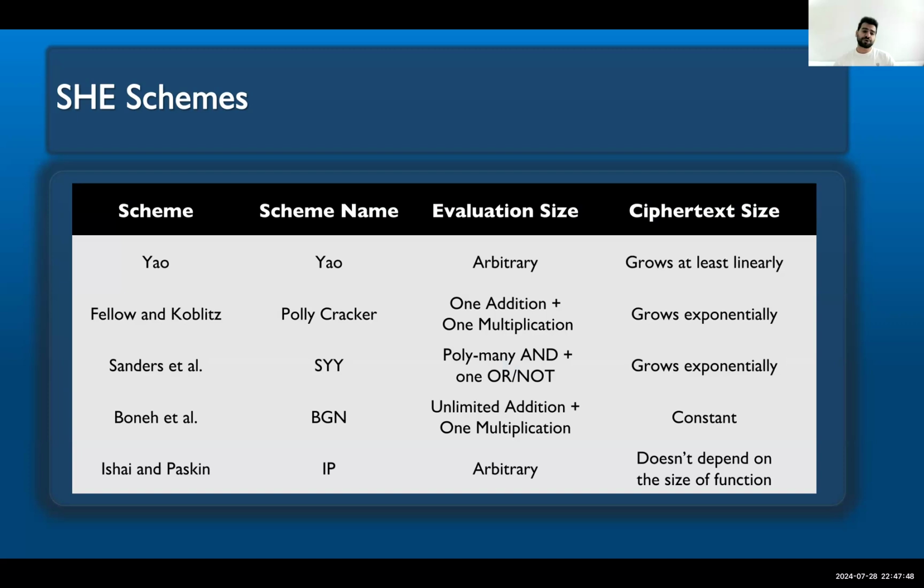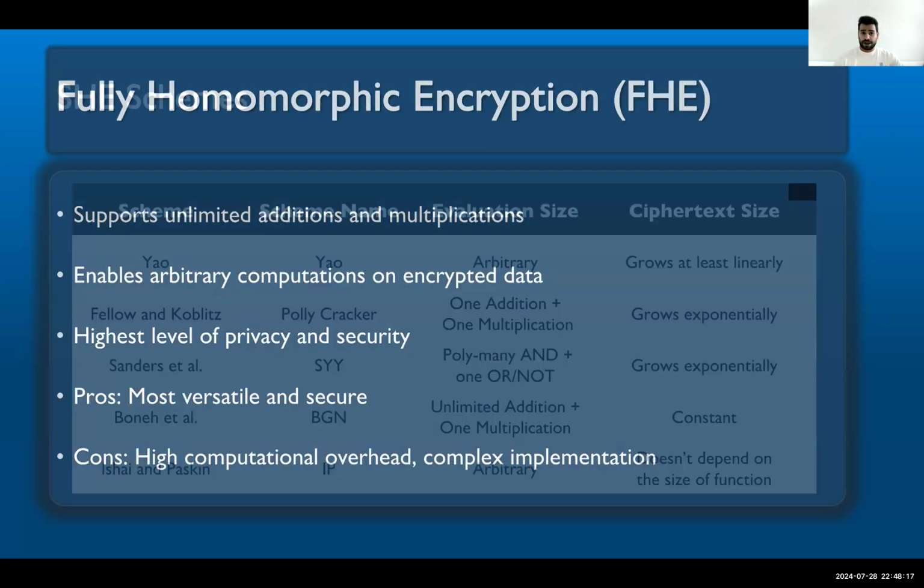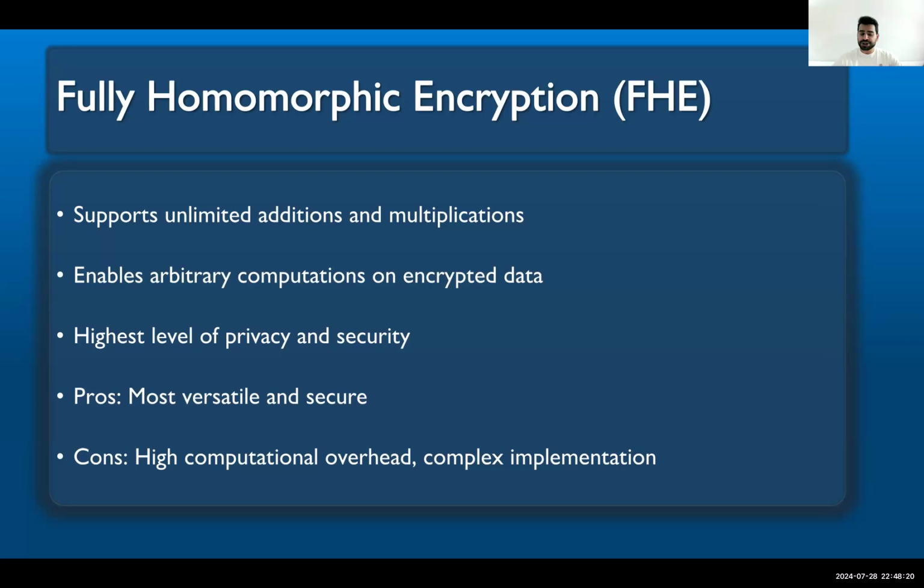Because before Dr. Boneh's research, the ciphertext, as you can see, would grow exponentially or linearly, but in BGN there is a constant size of ciphertext. And after Dr. Boneh, his student, Mr. Gentry, introduced in his dissertation the first feasible fully homomorphic encryption, which enables us to perform unlimited additions and multiplications on